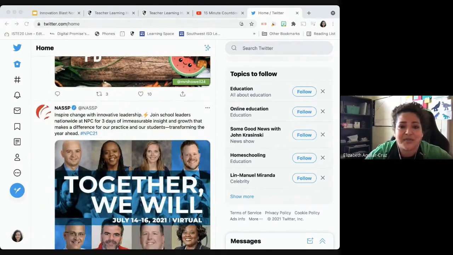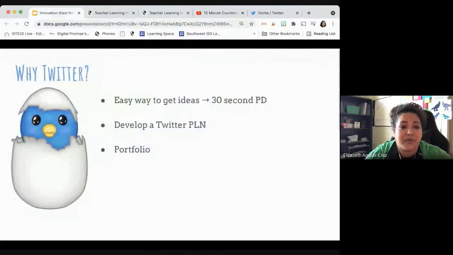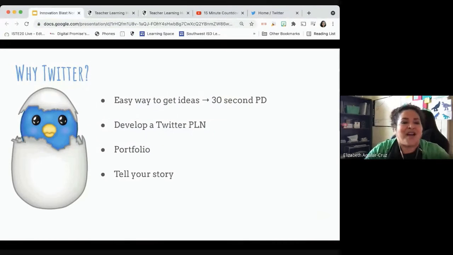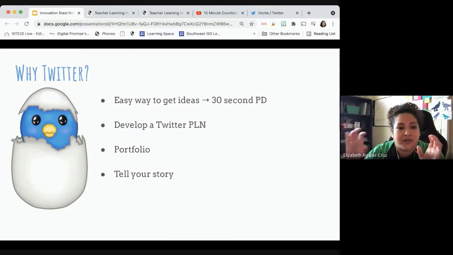So what we're going to do is give you the opportunity to create your Twitter accounts. Sorry about that. On the website page for Innovation Blast #1, you'll see the directions of what we've done with our reflection, and then you're going to see a video on how to create your Twitter account. So you're going to see that posted on there. Let me show you where that is on our page.